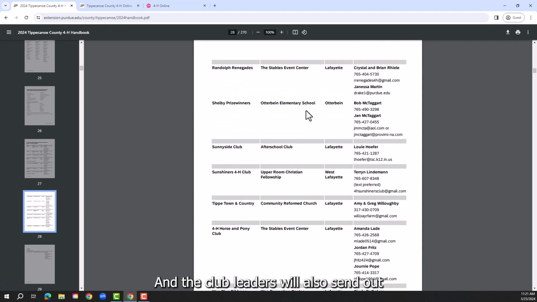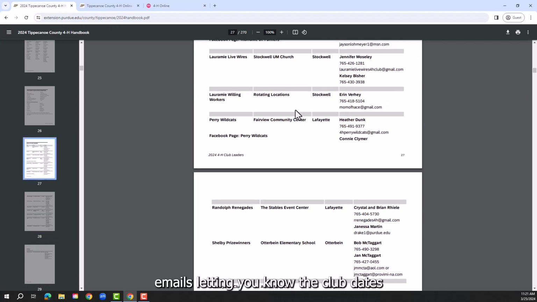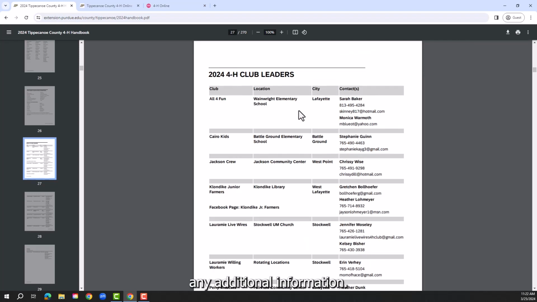And the club leaders will also send out emails letting you know the club dates, any additional information. It is not mandatory to go to the club's meetings, but we do highly encourage it, just so you can get the 4-H information, deadlines. A lot of them do community services, so it gets you involved